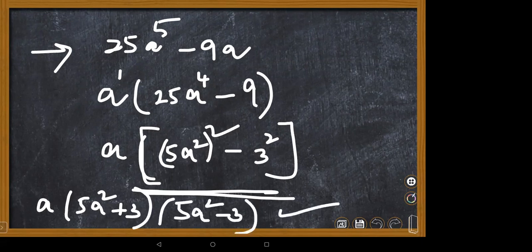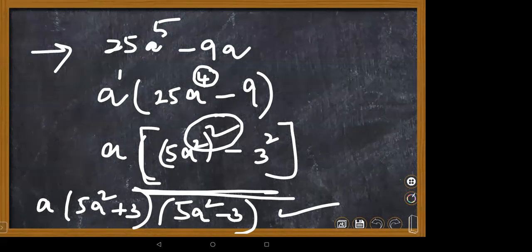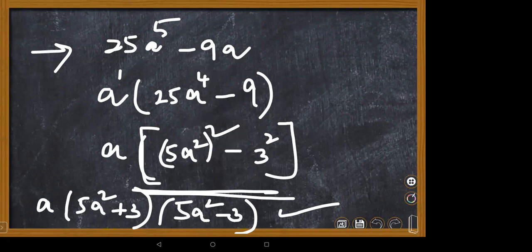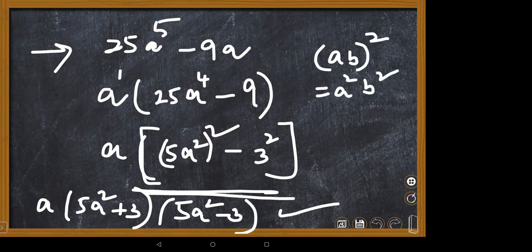That's all, children. Ma'am, it should be 5a square whole power 4, no, ma'am? Yes, a power 4 only. I'm writing it as power raised to power. Any doubt over there? Ma'am, because we are converting 25 into 5 into 5, no? Suppose, Satvik, somewhere if I'm taking (ab) whole square, that square will be applicable for both the numbers. Yes or no, Satvik? Yes, ma'am, both of them.